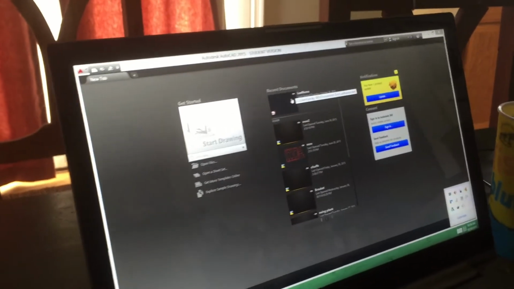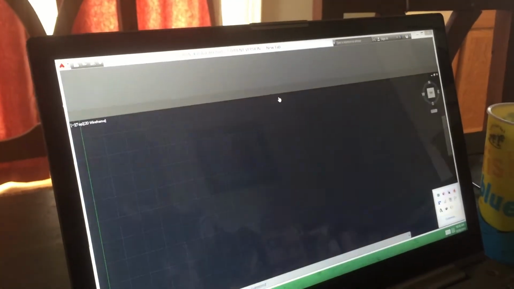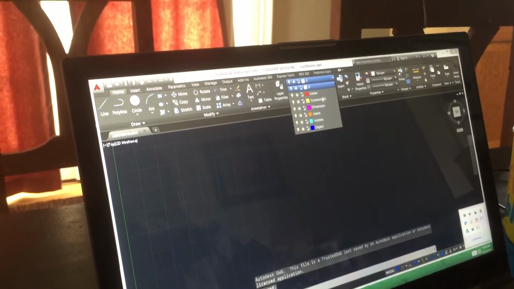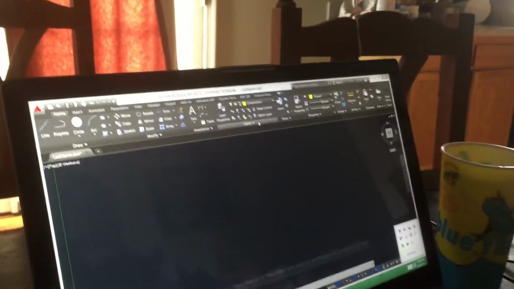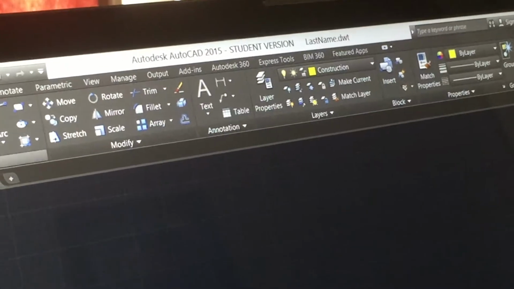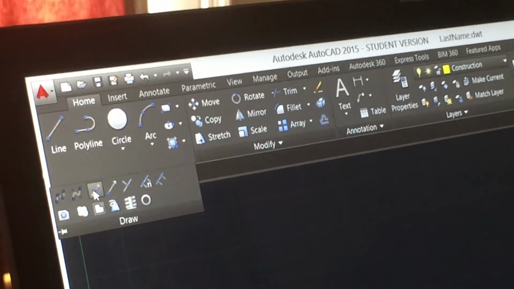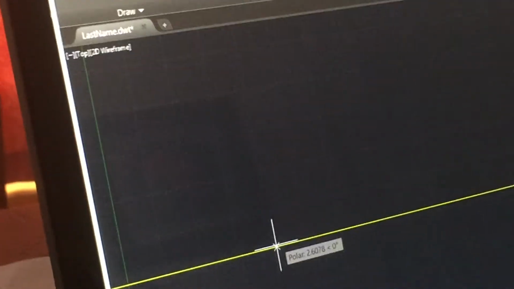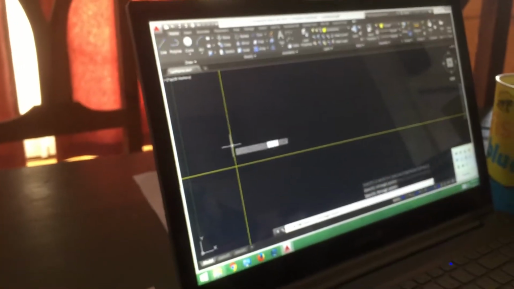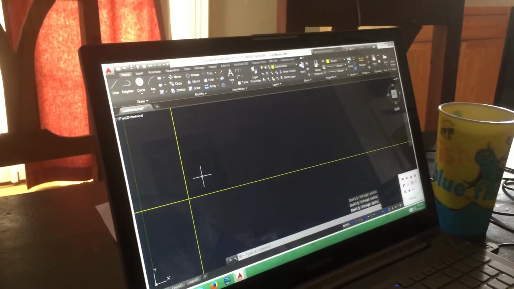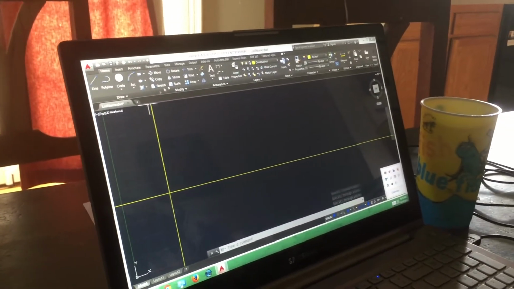So, just like every time from now on, you're going to click on your last name DWT file to pull it up, and that way you'll have all of your layers here. Put on your construction layer. Use the draw X line. And it's easy to start with just 2 lines. Then I can offset this